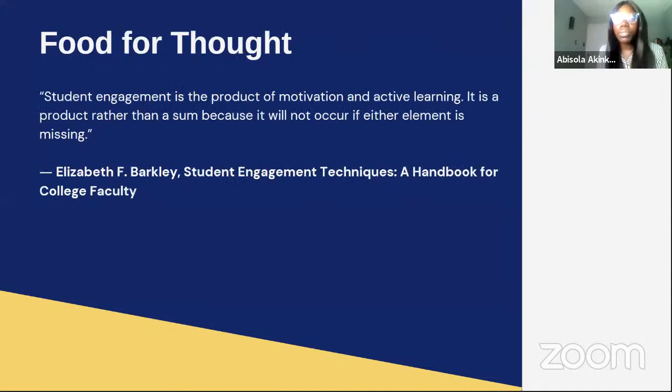And then lastly, just for food for thought. This is from Elizabeth Barkley, who wrote a book called Student Engagement Techniques, a handbook for college faculty. She said, student engagement is a product of motivation and active learning. It is a product rather than a sum, because it will not occur if either element is missing. And so that engagement piece is a product of motivation and also active